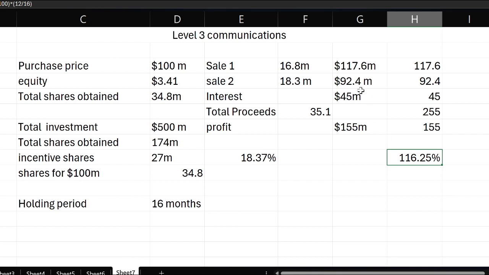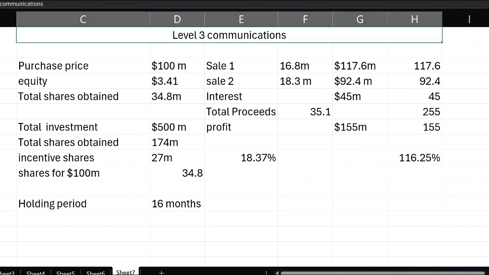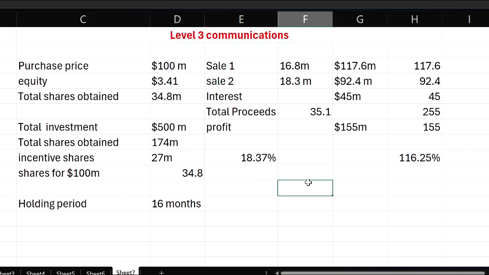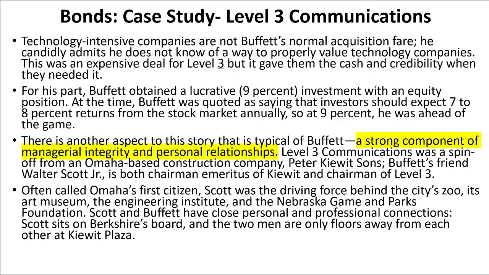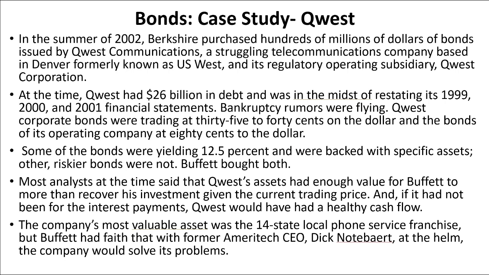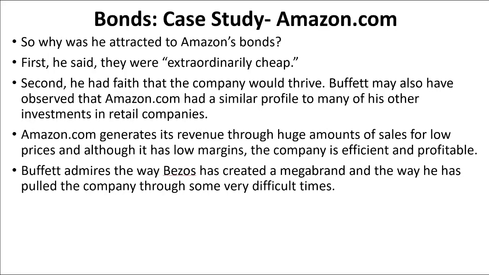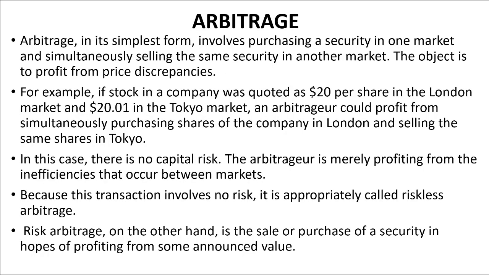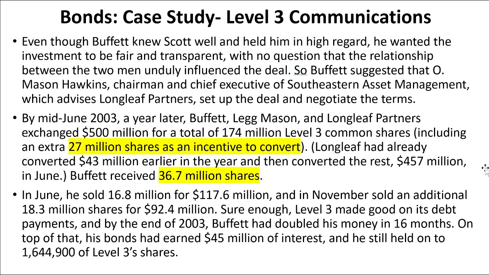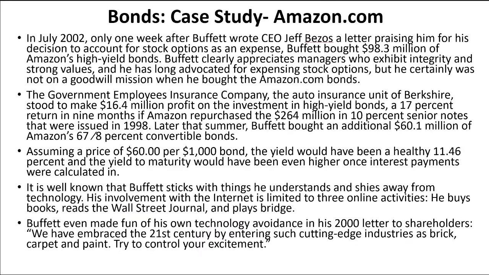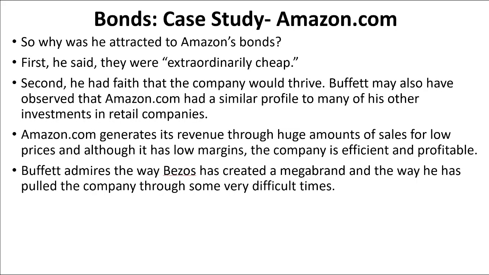And just see, that too in a technology company, which Warren Buffett is not at all comfortable with. This is the genius of Warren Buffett, seeing an opportunity in this, and this is how he made a huge amount of profit by selling equity. So I'm just showing you some case studies in which even in bonds you can make a decent amount of money. With this we are stopping this session, and later we will continue with the rest of the case studies. Each case study is unique and totally different, unlike equity.